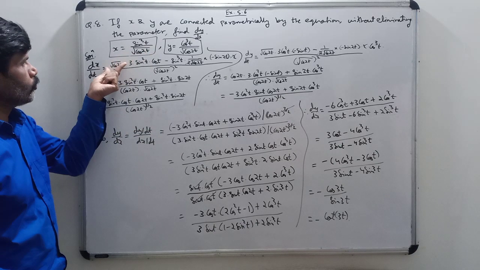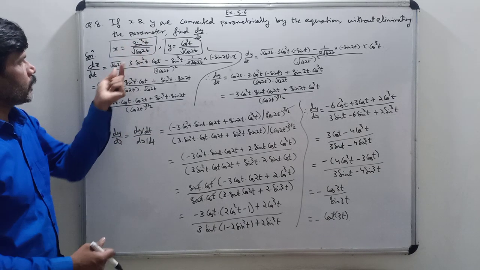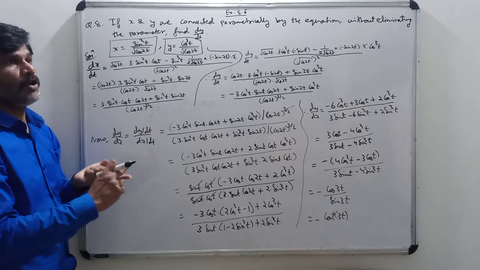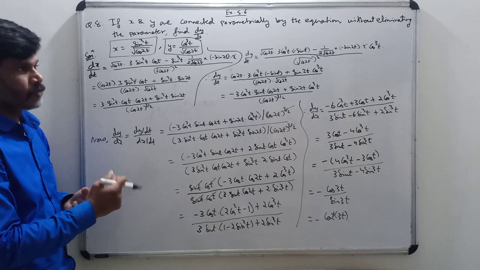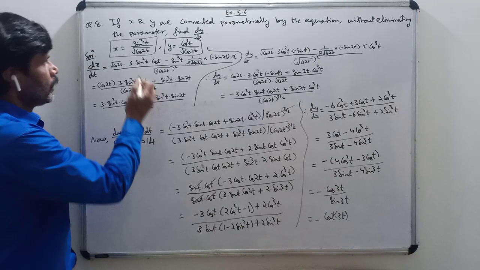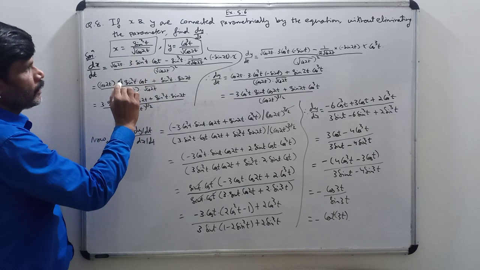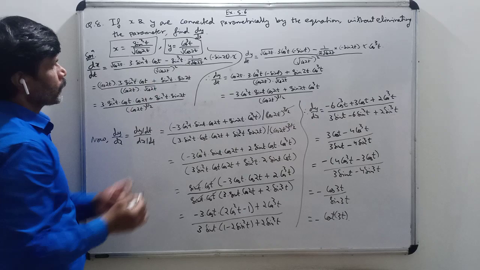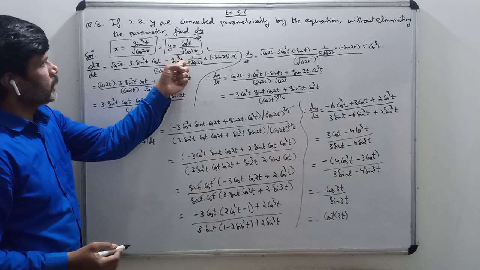So root cos 2t as it is, derivative of sin cube t, that is what? 3 sin square t into cos t. Why? Because derivative of x raised to n is n into x raised to n minus 1. So derivative of fx raised to n will be n into fx raised to n minus 1 into f dash x. So derivative of sin cube t will be 3 into sin t raised to 3 minus 1, that is 2, into derivative of sin t, cos t, minus numerator, that is sin cube t as it is,